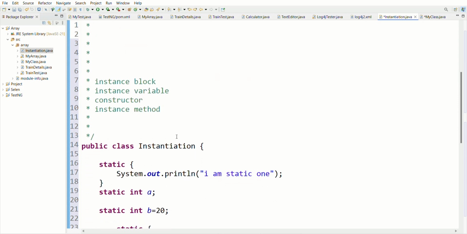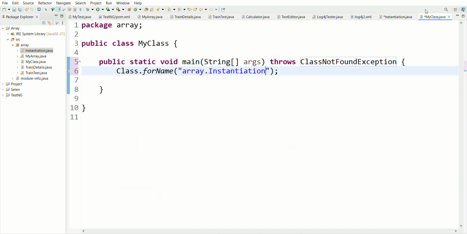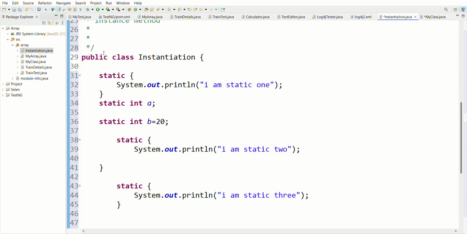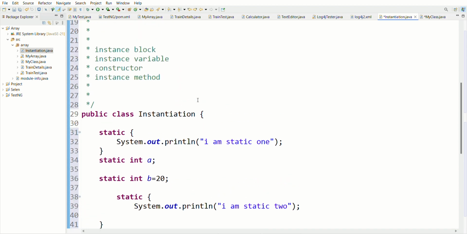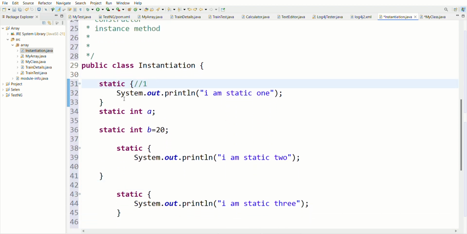Now JVM comes here. When we are writing this array dot Instantiation, we are saying load this class. Now JVM will come to this class and search how many statics are there. Here, this is my first static block. This is also a static variable.